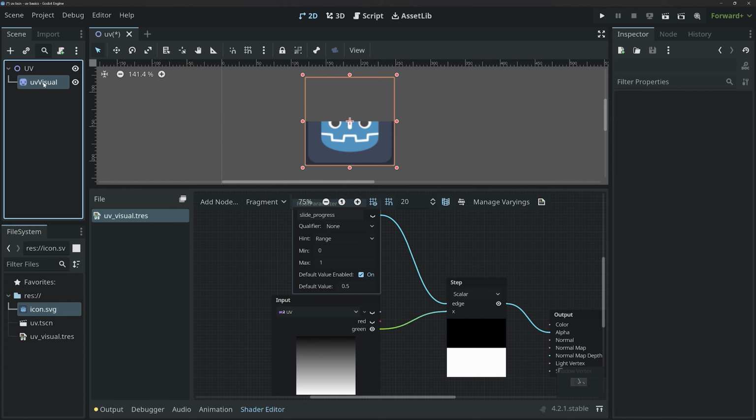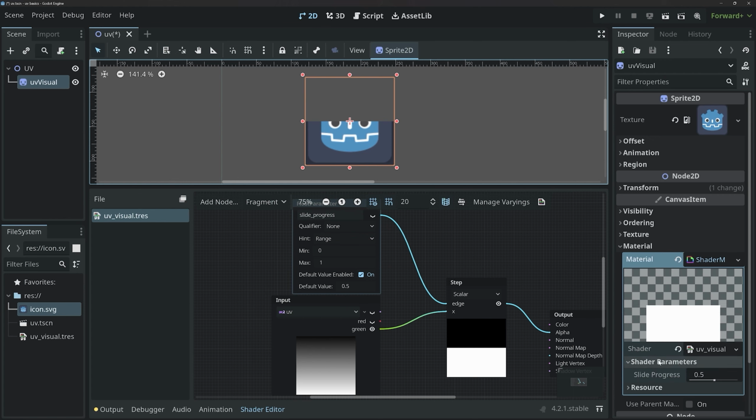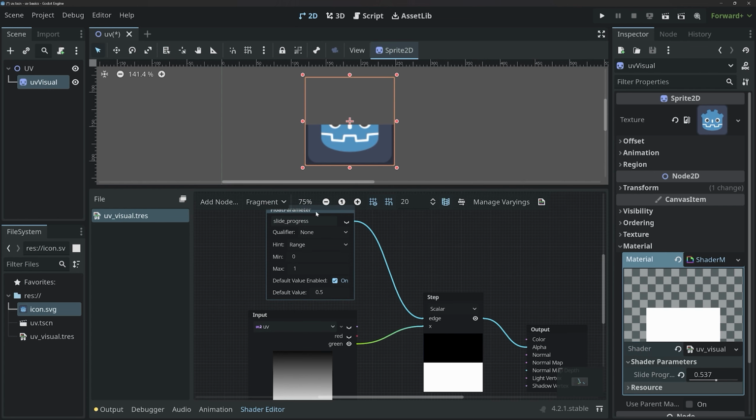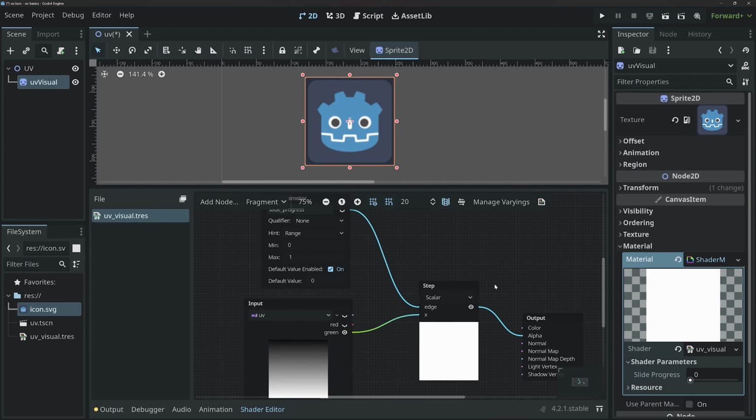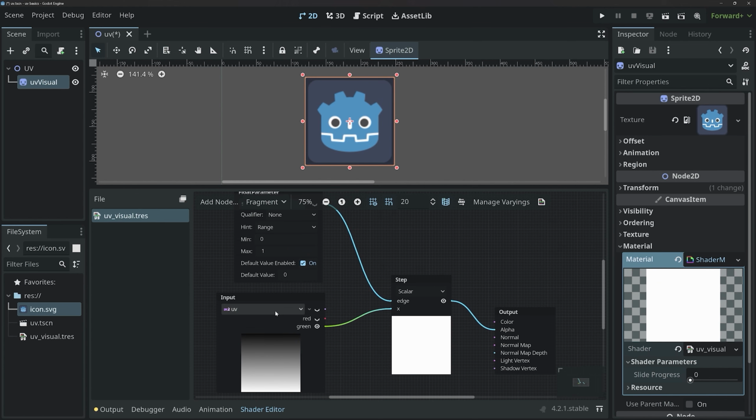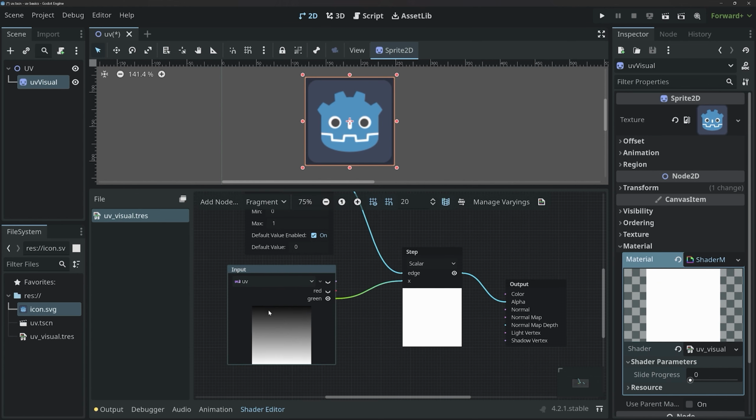After we have that, we can go to the inspector and look at the shader parameters. Now I can hide or reveal this graphic very easily. Also, there's one more thing I want to talk about. If I set the default value for this thing to 0 and do the same thing in the inspector, so now slide progress is 0, which means at the moment we are checking from the input if any of these uv.y values